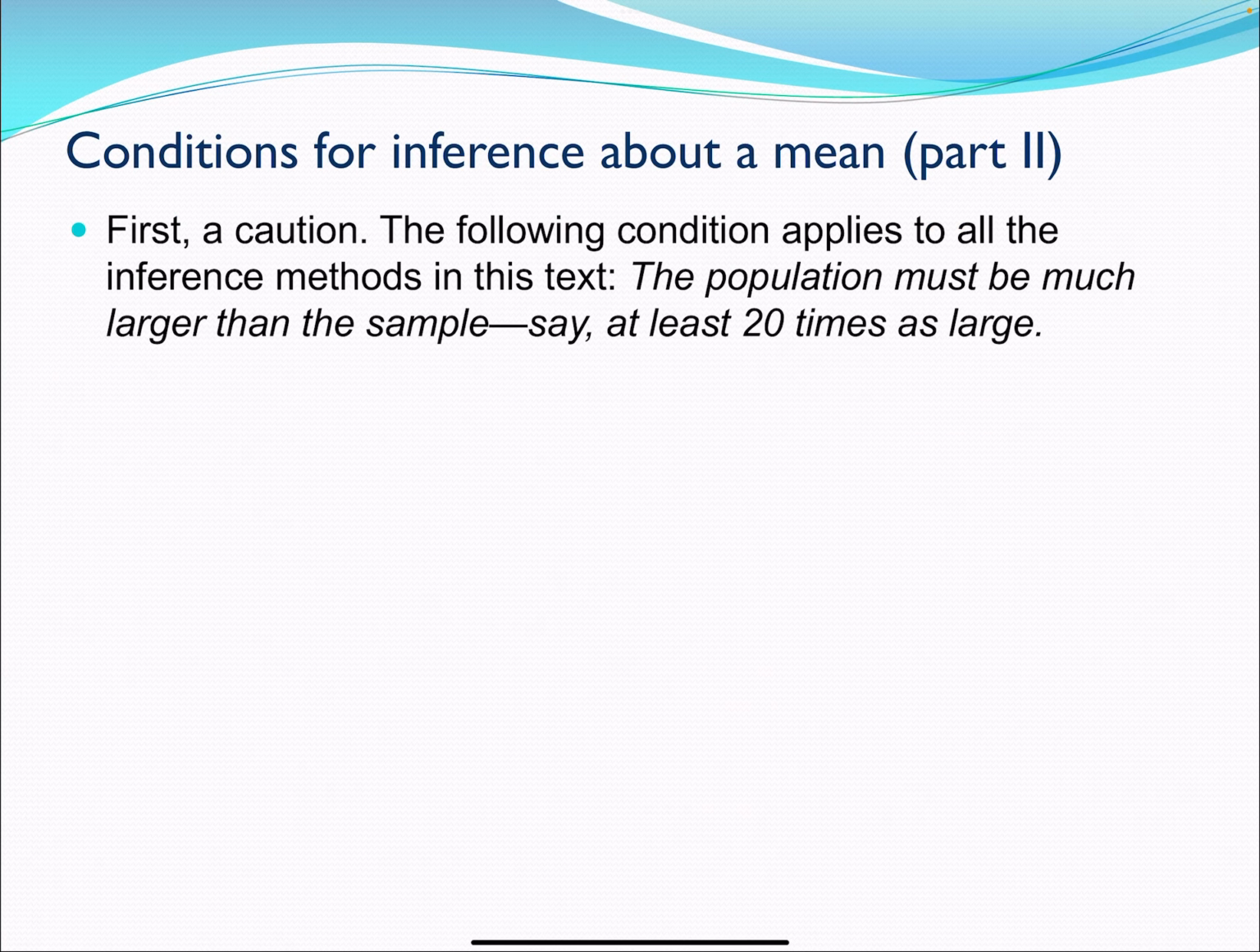First, we need to be a little cautious. The following condition applies to all the inference methods in this text. The population must be much larger than the sample, say at least 20 times as large as the sample. Our population has to be so much larger than our sample. Previously, we assumed